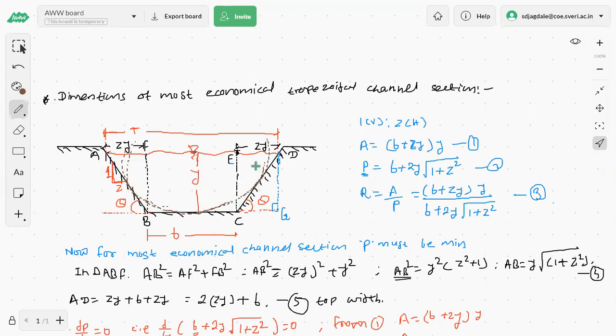So I would like to write it only here. That is another condition as r, that is, sorry, radius small r I would like to go for, because capital R we have considered as the hydraulic radius. So small r, that is the radius of this semicircle, is equal to flow depth y. It used to touch all the sides of our trapezoidal channel section.